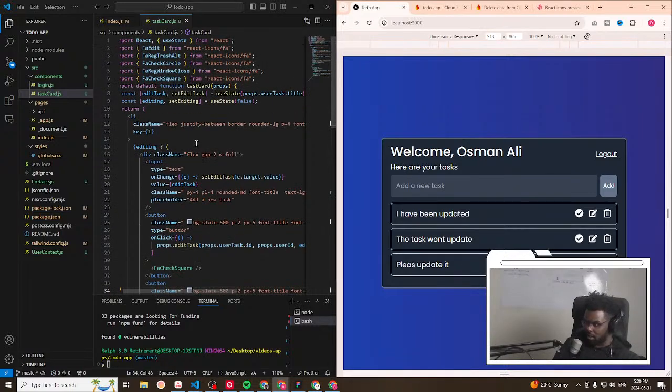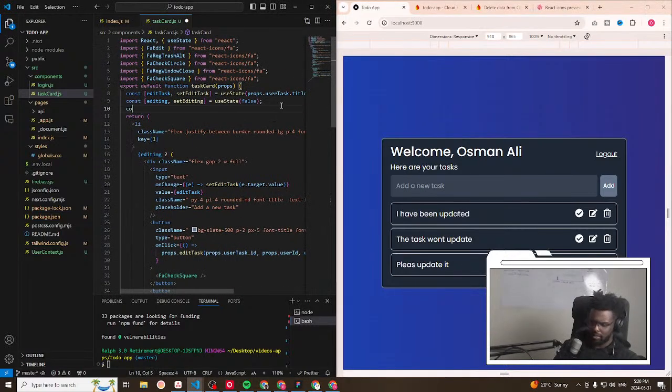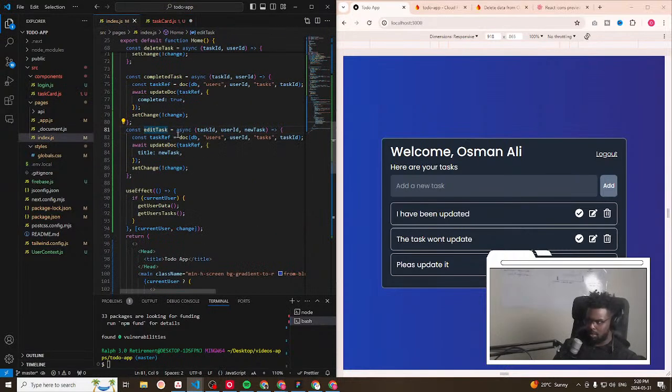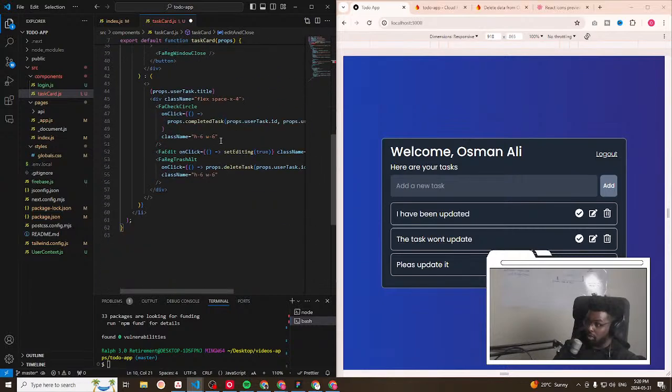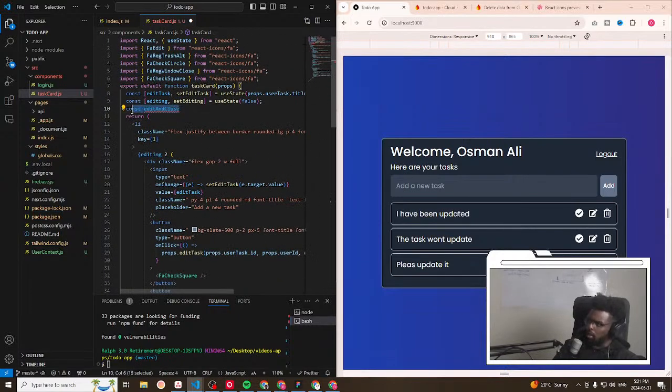Wait, hold on. I gotta create another const, which will be of the same structure as this. Because I want the edit to be closed, so how would I do that? I would either have to create a function where I call in the same function and then set the edit to be closed, or